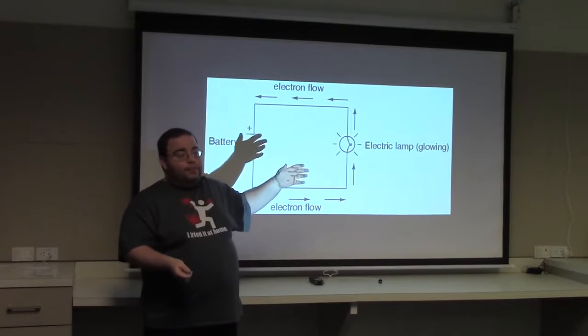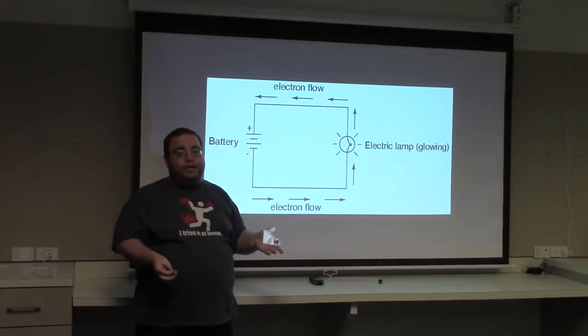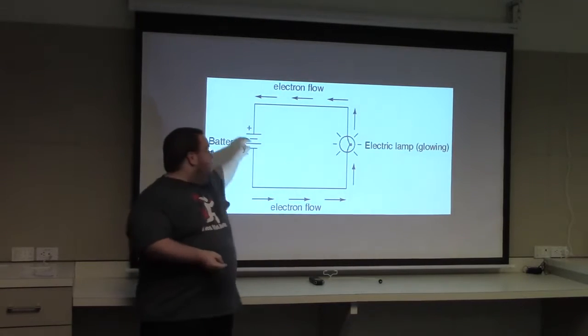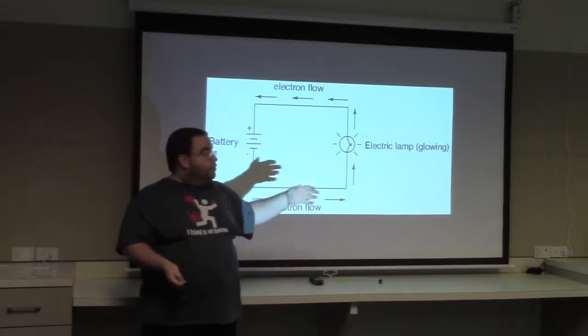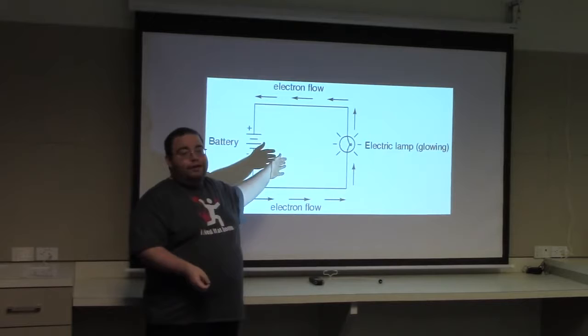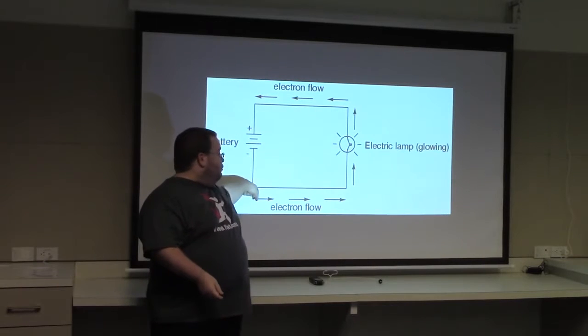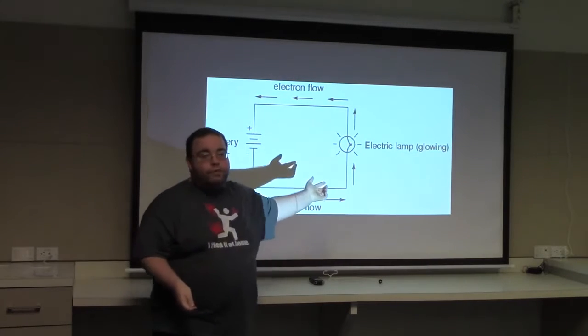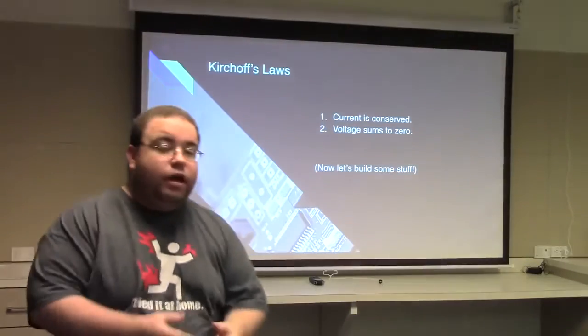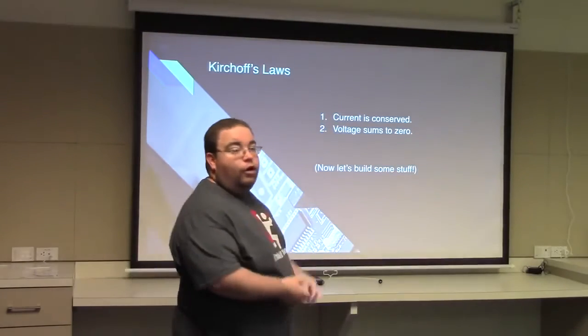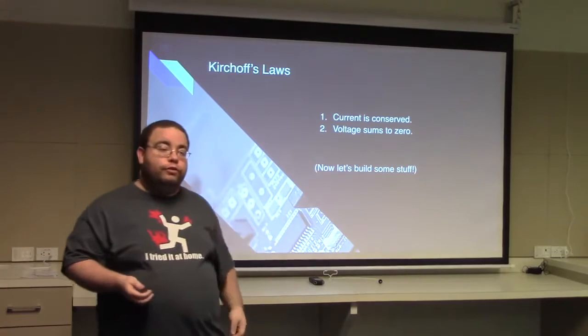Assuming the pipe has no leaks, the current's all going to go somewhere. The water that leaves the pump is all going to eventually come back in the pump. And there's not going to be any water entering from outside. Everywhere that you have current going into a spot, it's going to leave that spot. Which makes sense. And the other one is that all the voltage drops sum to